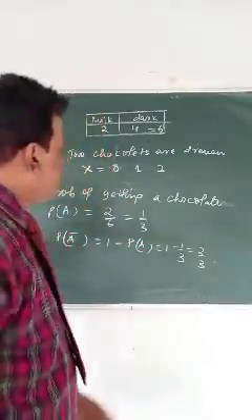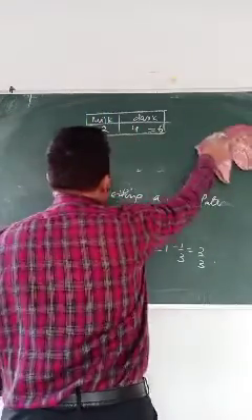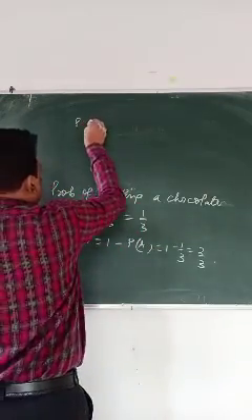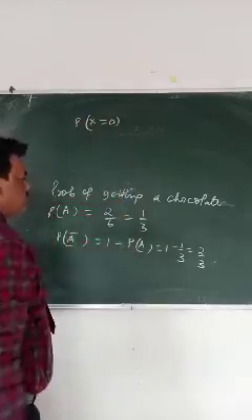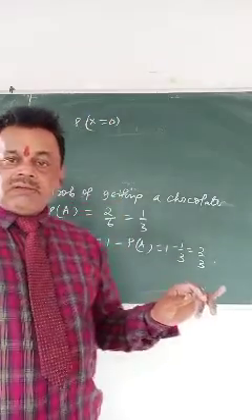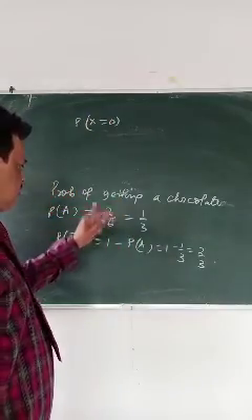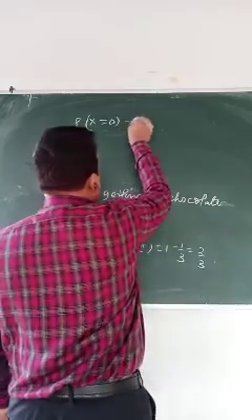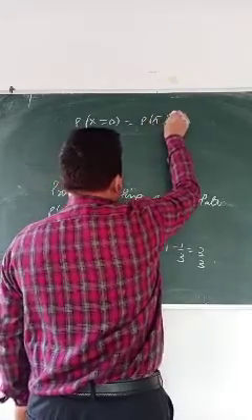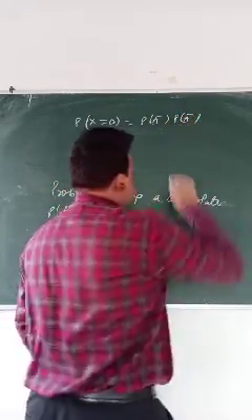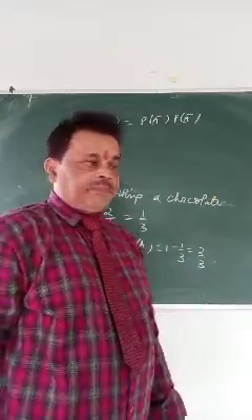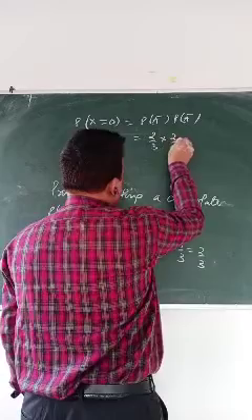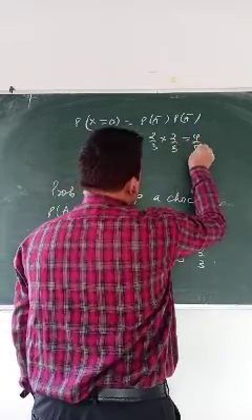So what do you mean by x equals 0 chocolate? Probability x equals 0. Both times you are not getting the milk chocolate, you are getting the other one, means A naught, because you have done the experiment 2 times. So that will be 2 by 3 times 2 by 3, it is 4 by 9.